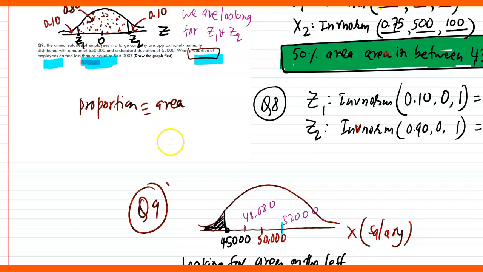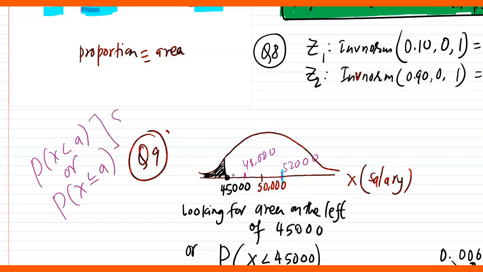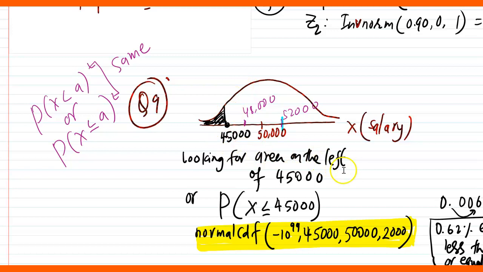Remember that in this normal distribution, even if it's a less than or equal to, the answer does not matter. It's the same thing. In other words, P(X < a) or P(X ≤ a) is the same. Therefore, use the same thing, the normal CDF function, looking for area on the left of